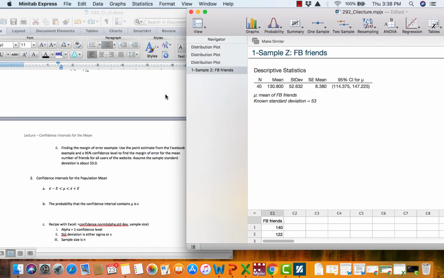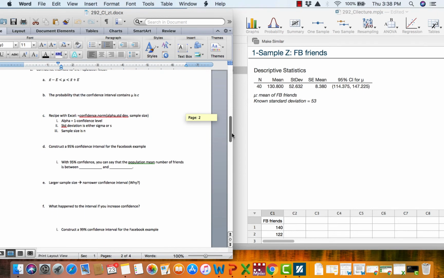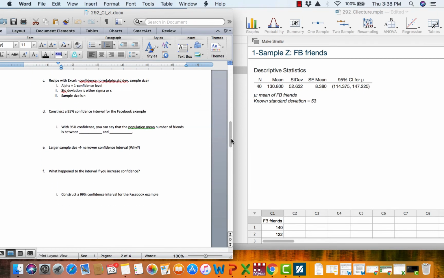Okay? All right, so when you answer these on the quiz or the first exam, you're going to want to always use a complete sentence. I'm very picky about how this sentence is worded. So let's take a look here at how this sentence should be worded. With 95% confidence, you can say the population mean number of friends is between